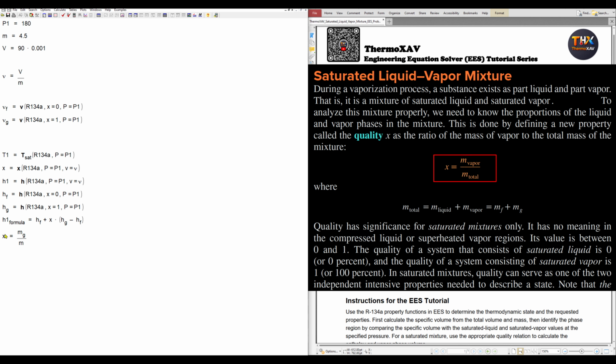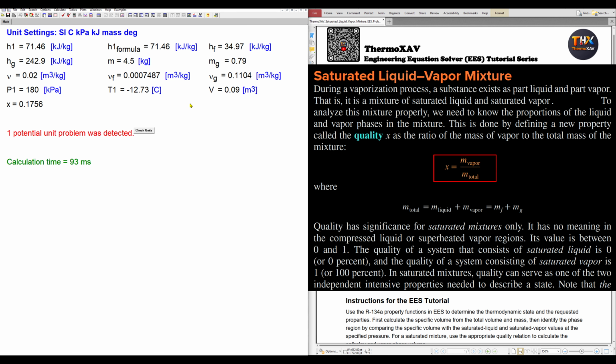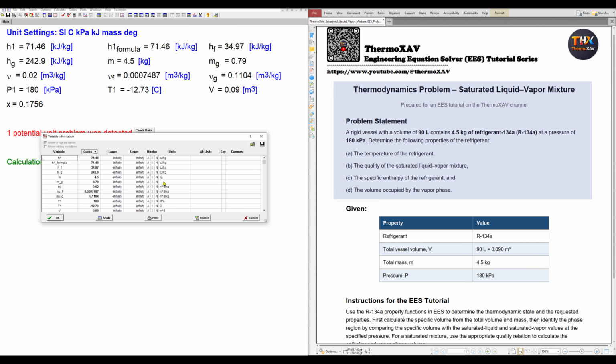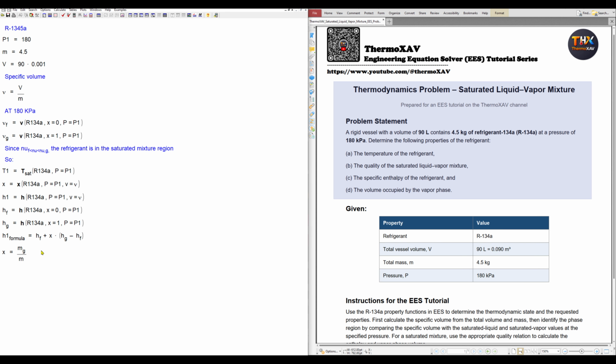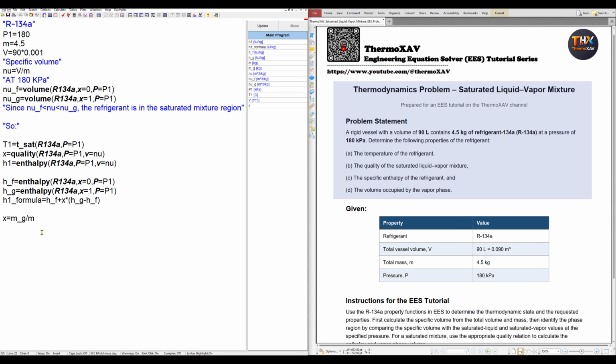If I go here, you see this formula: the quality is the mass of the vapor divided by the total mass. If I calculate and solve, I have this mg of 0.79 kilogram. I can also change this unit, copy here, paste,